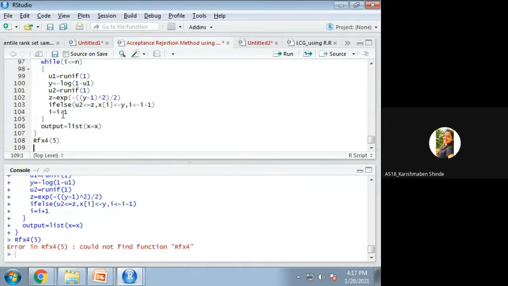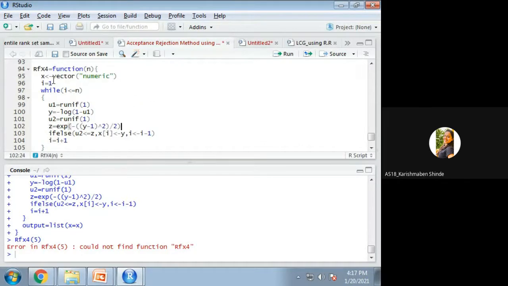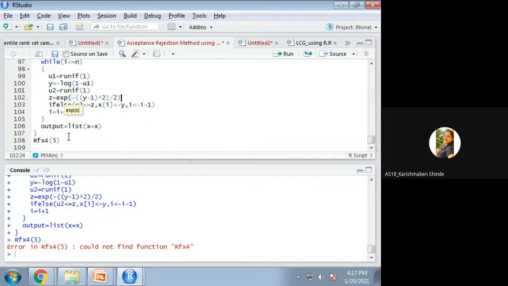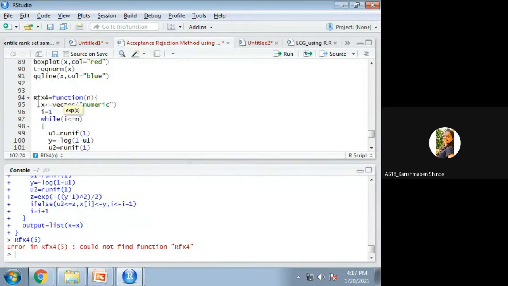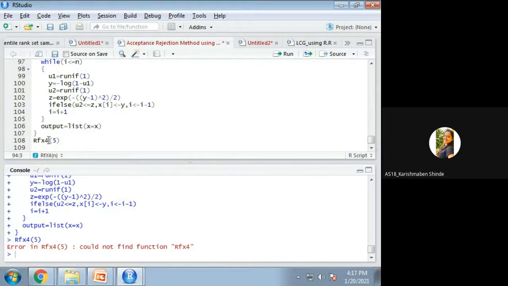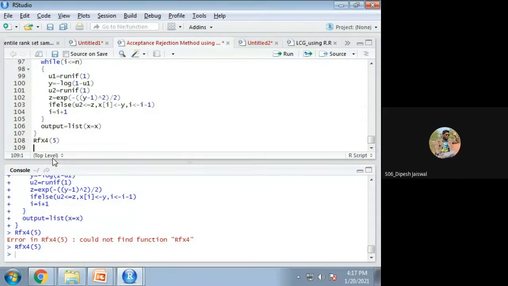Could not find rfx4. So what was that? rfx4 is there. Is it written in capital anywhere? Is x capital? Yes, it is capital. Yes sir, capital. So it has generated 5 random numbers. So what happened? I have to find out result equal to, if I am writing r